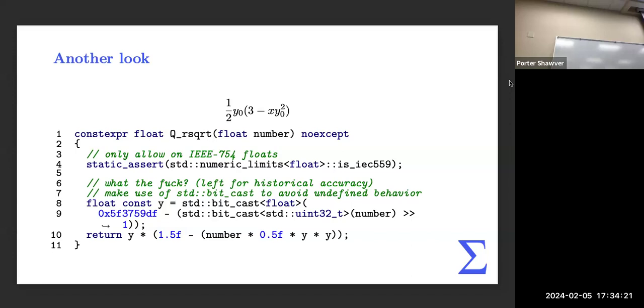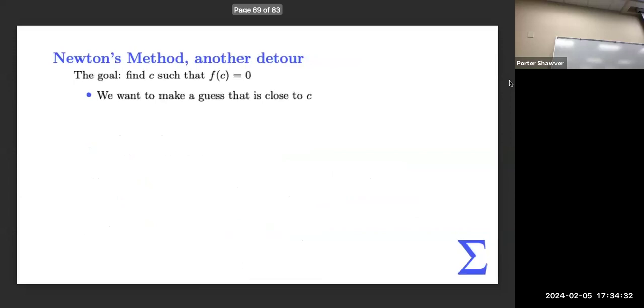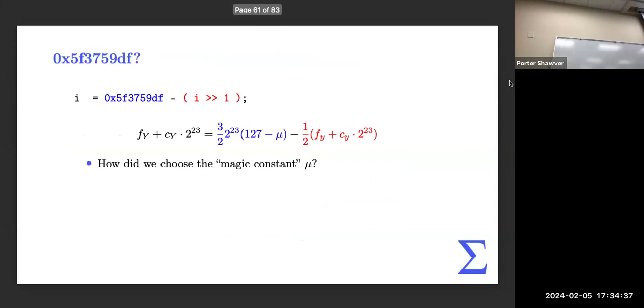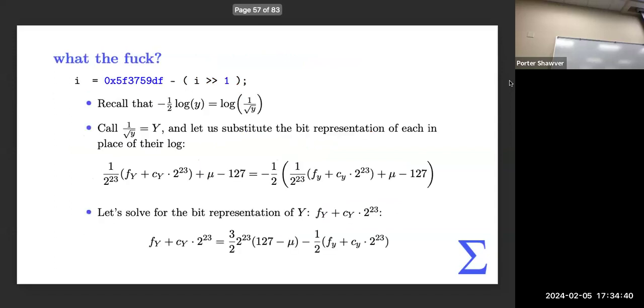And the log of the inverse square root is the floating point number shifted around, like transformed linearly, right? Like you reinterpret the number as an integer, then you shift it around linearly. So if we go back to this slide, basically, we're trying to find log of 1 over root y in one step, instead of doing the linear transformation for log and then multiplying it by a half, we're just finding it in one go. And you get this essentially, right? Like this